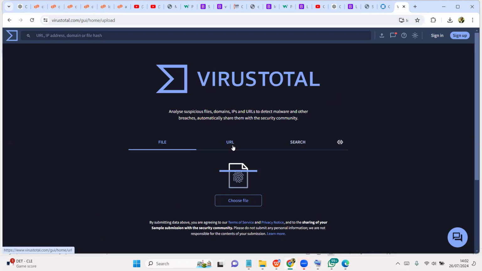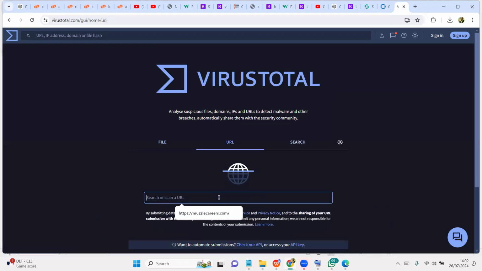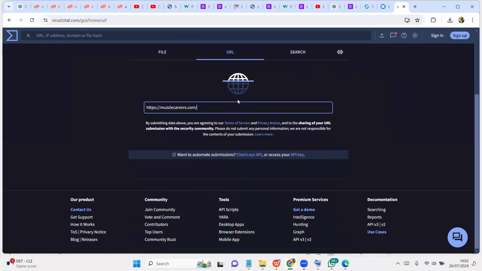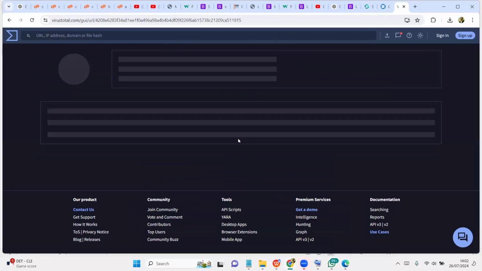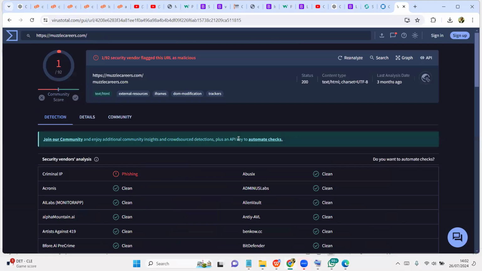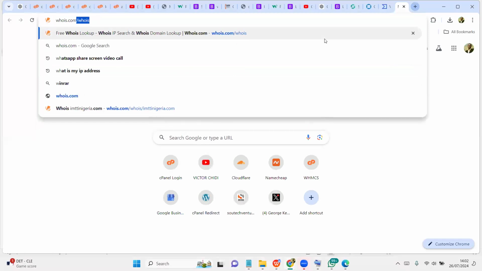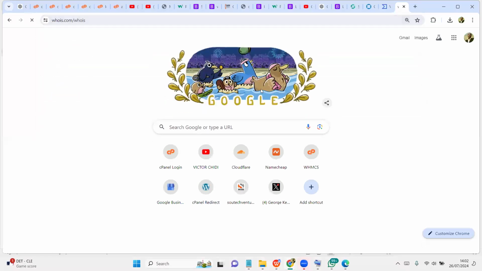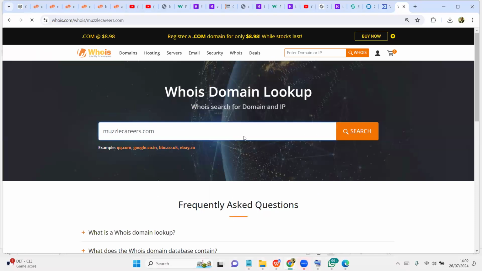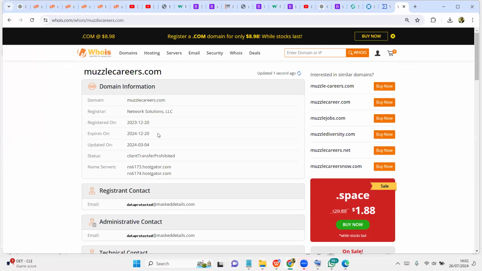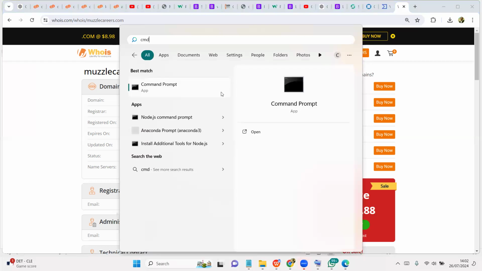So if I put my URL and hit enter, it will tell if that URL is phishing, clean, or not clean. If I put an IP address, let's say this website now, whois.com/whois, if I put this IP address, sorry, let me just do a CMD.